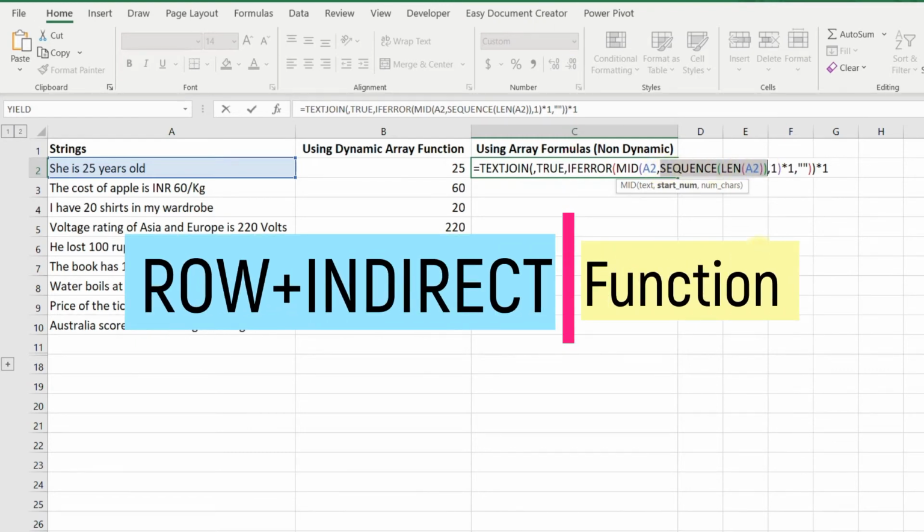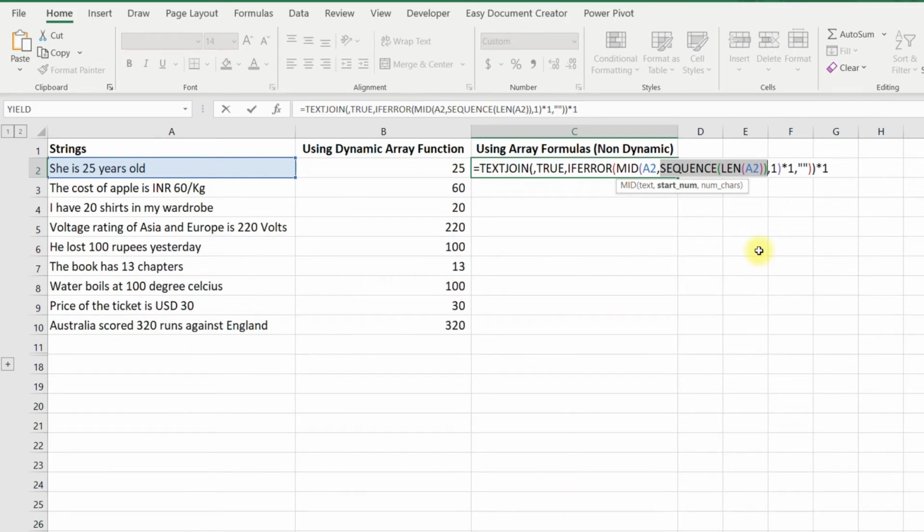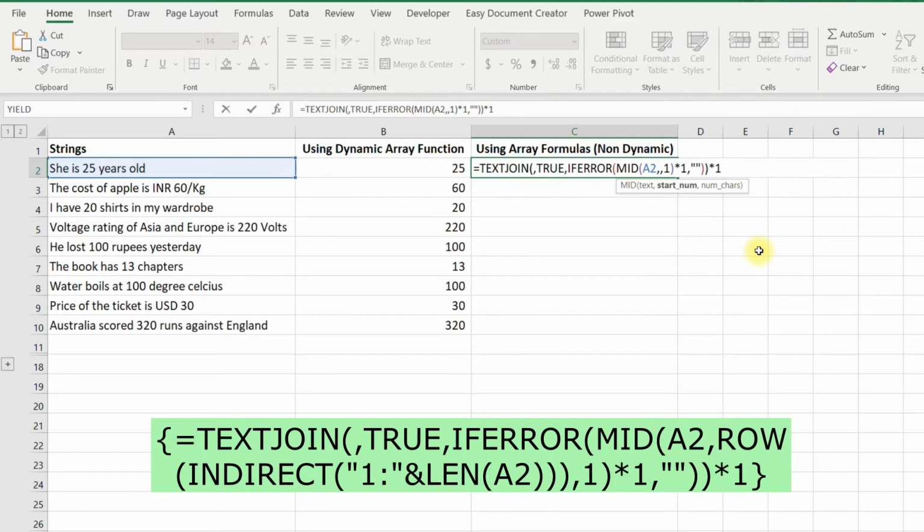Now I need to replace the SEQUENCE function with a function which can work with prior versions of Excel. For that, I can use the ROW function along with the INDIRECT function. So delete the SEQUENCE function, write ROW, INDIRECT. As the first character of the array will always be 1, type 1 in the quotes along with the colon. Type the ending value of the text string, which I can determine by the LEN function.